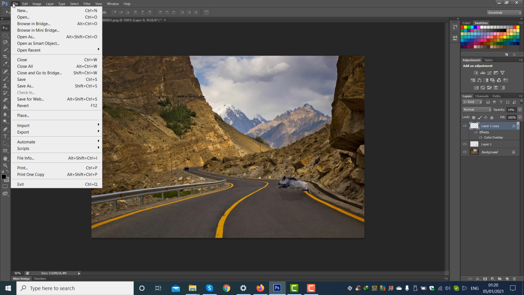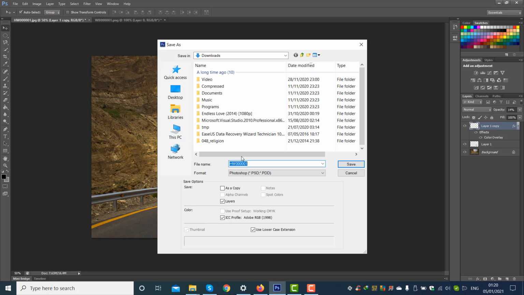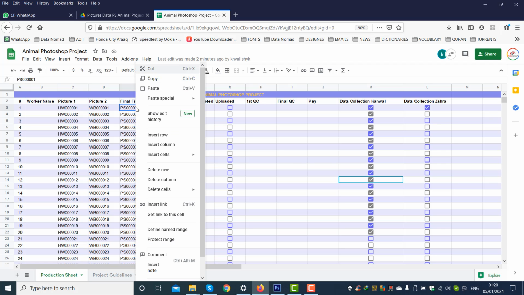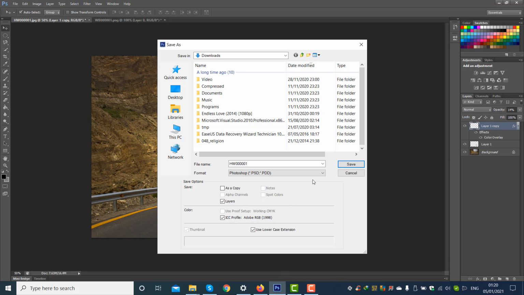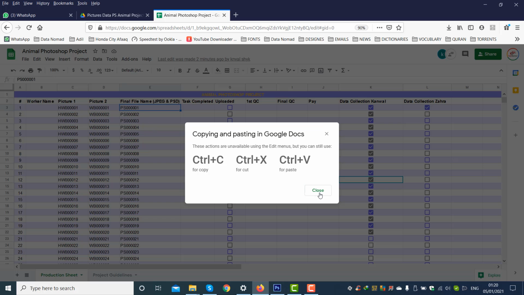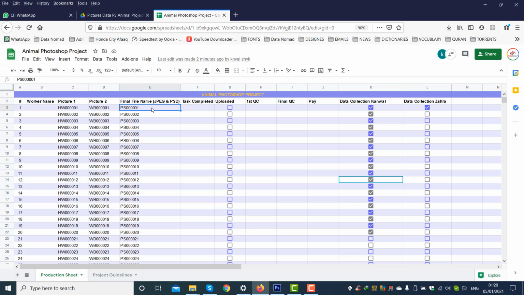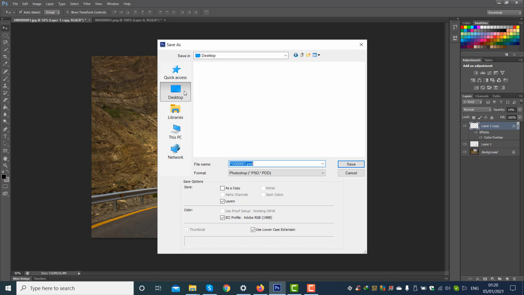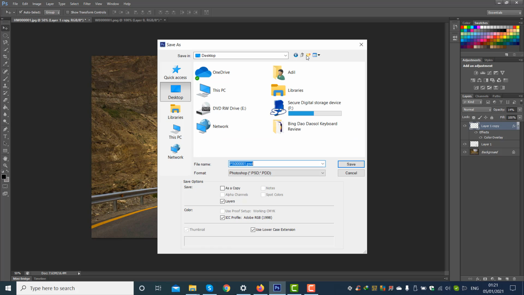What we have to do, we need to save as one PSD image, and for that you need to consult the sheet. You need to type this code as well. So this is the file name, this will be the final file name. For example, PS000001. Just copy it with Ctrl C and then just paste it, and then create your folder on your desktop,